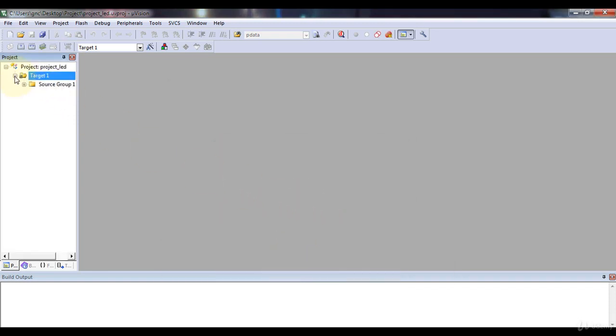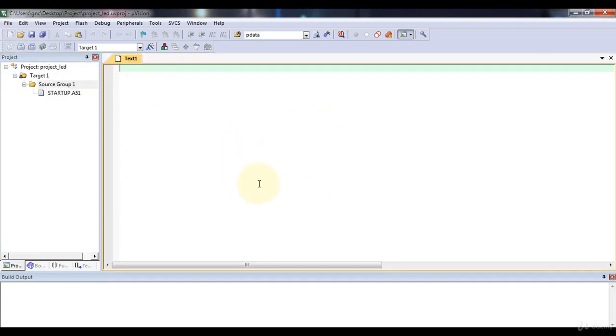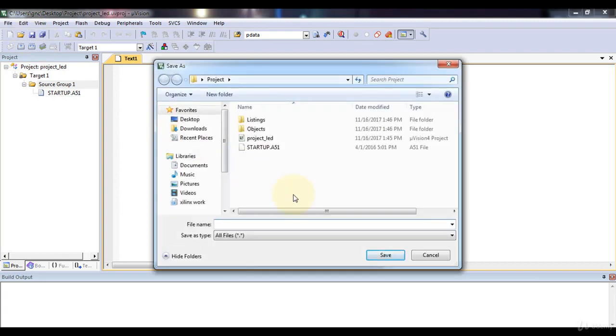Yes, and hence you got here your Source Group folder. Now you have to click New. An editor window will appear. You have to save this file. Let's say LED is my C file name. I have to save this file with extension .c.